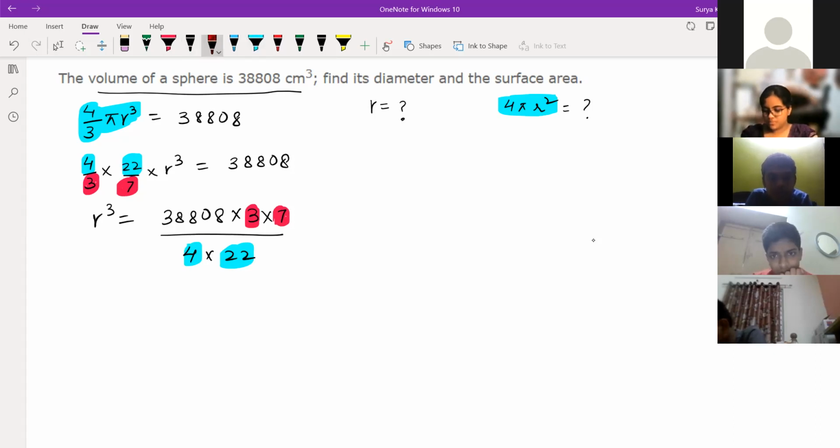Can we cancel by 22? This will go by 22. 11 table, this will go. 8, 8, 16, 16, 3, 19. 19 minus 8, 11. Yeah, this will go by 11. 11 2s are 22. 11 3s are 33. 5 5s are 55. 3 2s are 22. 8 8s are 88.